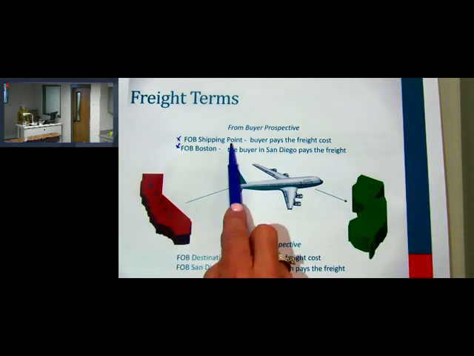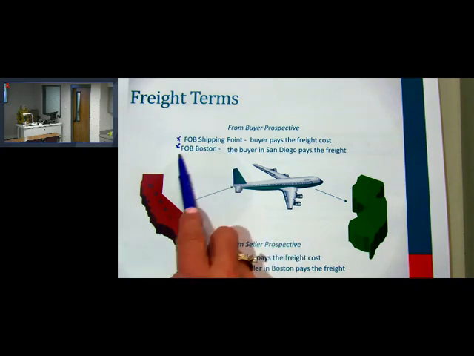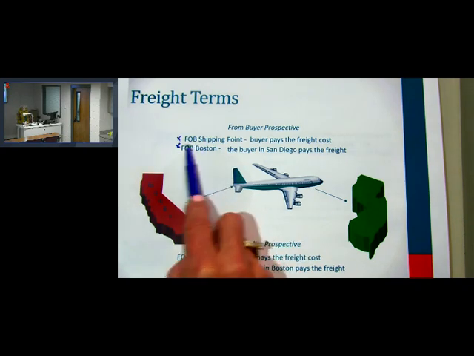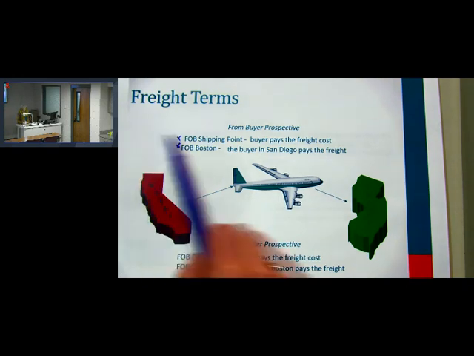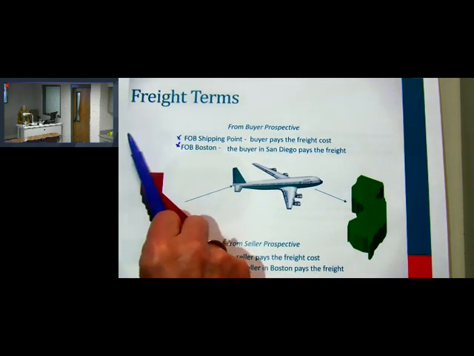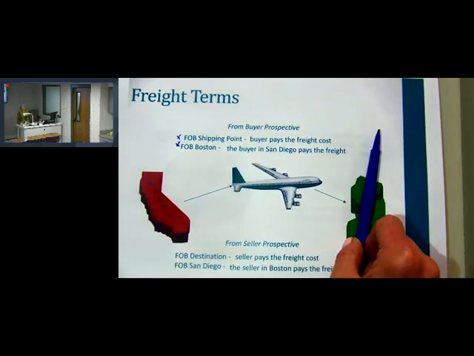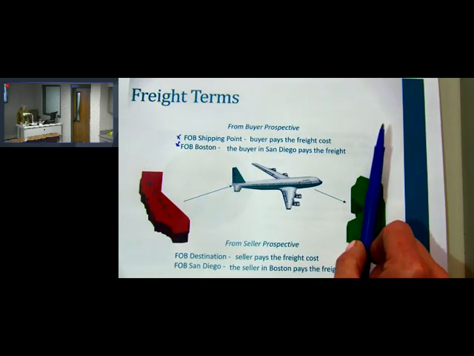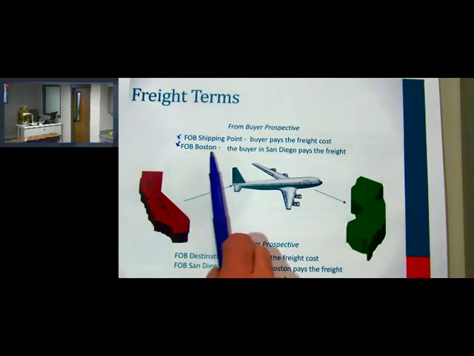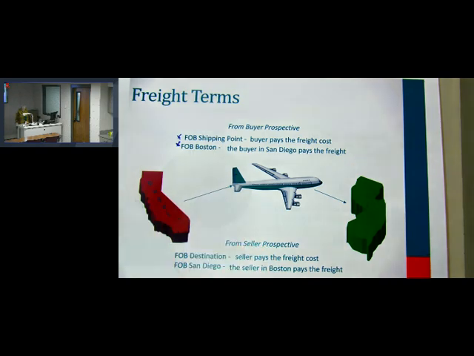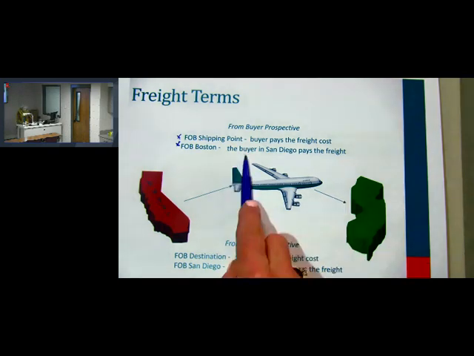So again, FOB shipping point, FOB means freight on board. That's what FOB stands for. Freight on board at shipping point, like the seller's only going to get it on the docks or on the cargo, and then from this point to this point, the buyer pays. Okay. If it's FOB, it can also be called FOB Boston. So if it's FOB Boston, again, in this case, the buyer pays.